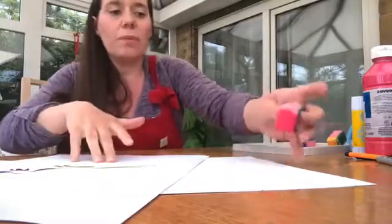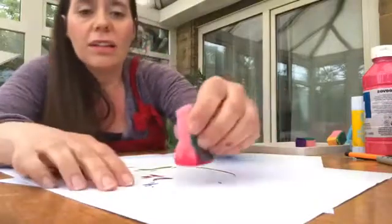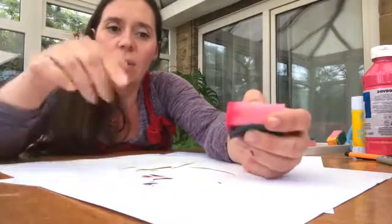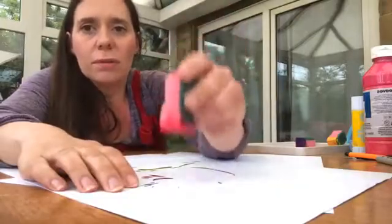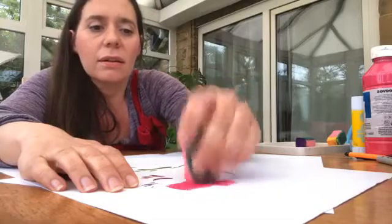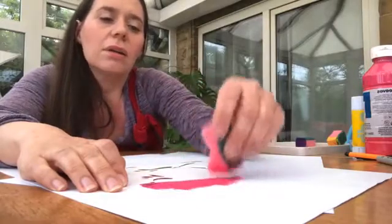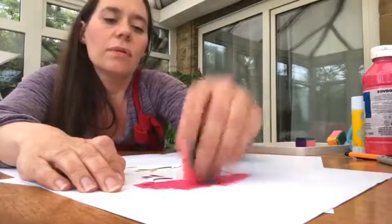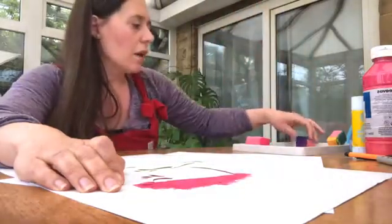And then we're going to start at the top of the rat for this one. So we're going to start and we're going to dab on. Now you don't want thick squidgy paint, because what happens is the paint goes underneath the stencil and you don't get a really nice outline. So we're just going to downwards splodge in with the paint onto Ratty's head. So I'm going to use 3 colours again, the same 3 colours that we used last time. So that's one colour done. Then I'm going to use